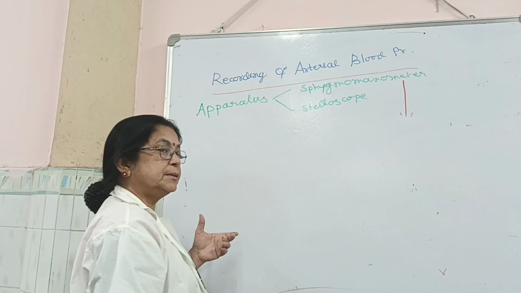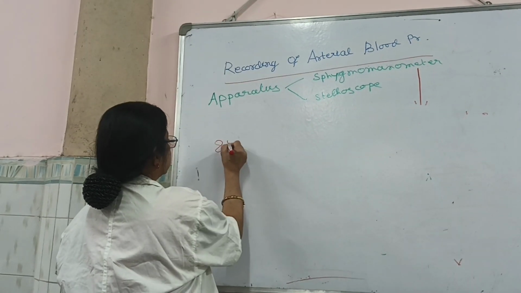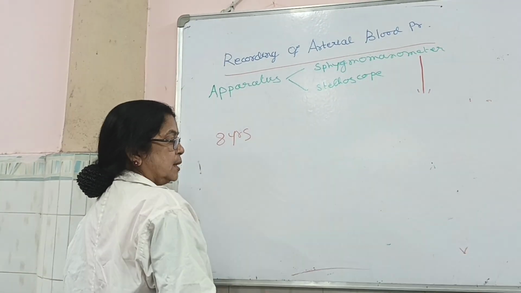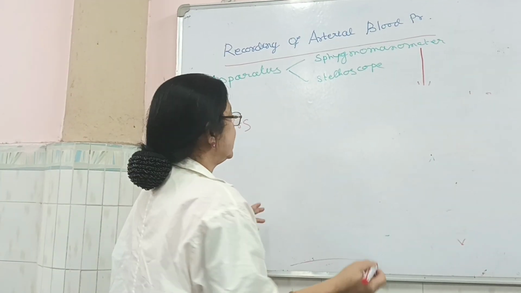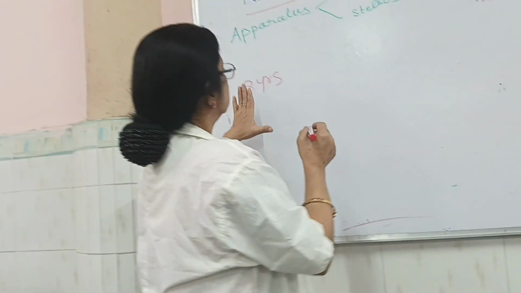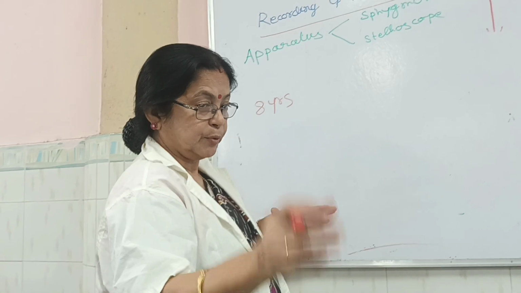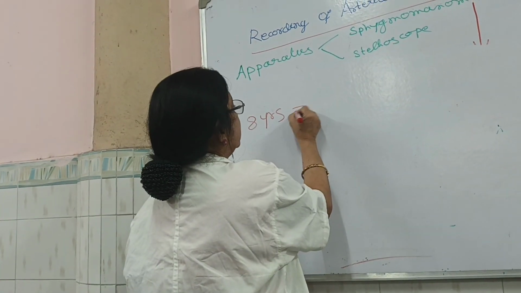Suppose in a child, 8 years old, because the arm is very thin and not like an adult's, the width of the cuff should be at least 20% of the arm circumference. Now the arm is thin. In that case,